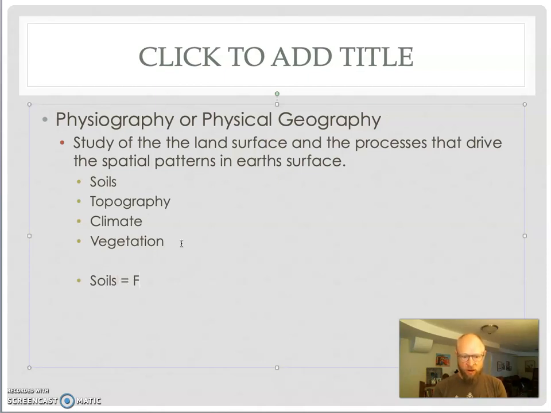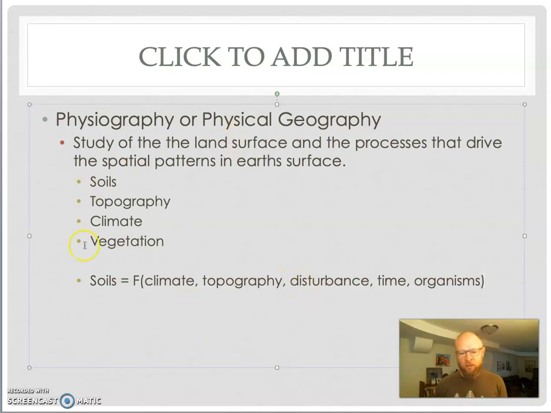So soils are a function of climate, topography, or relief, disturbance. What else do we have? Time and organisms present. And so physical geography in some ways is really tied closely to this, right? With it being climate and topography, and then the soils being a large part of it. So taking those things into consideration,